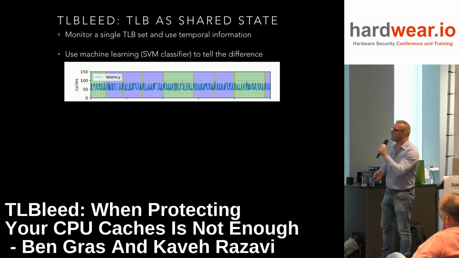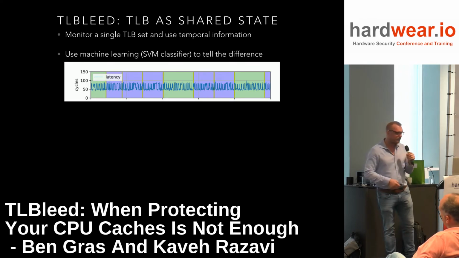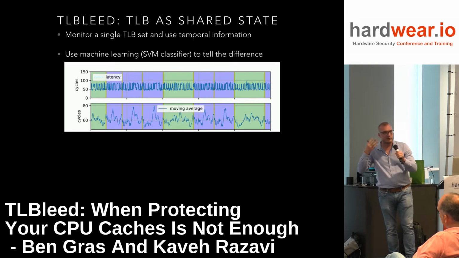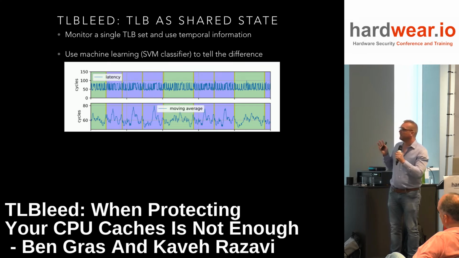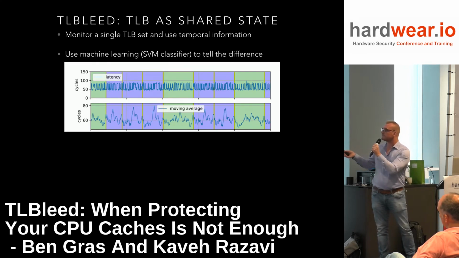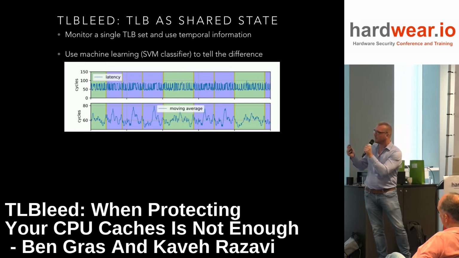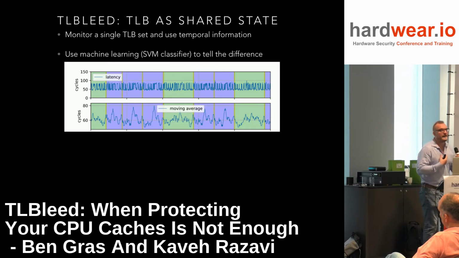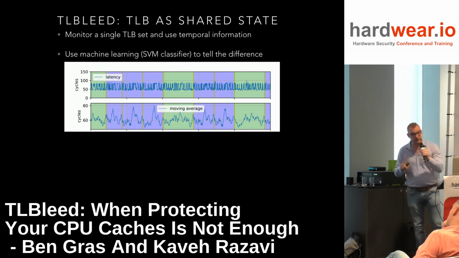This looks quite noisy, so I can't really tell the difference between blue and green, but if you take a moving average, just to make it easier on our human eyes, then we can start to see some regularity there, certainly for the blue case, and we can tell that the green case is at least different in some way. It seems like we could have a chance to distinguish these signals as long as we don't have to do it by hand. So let's try and train this using machine learning.